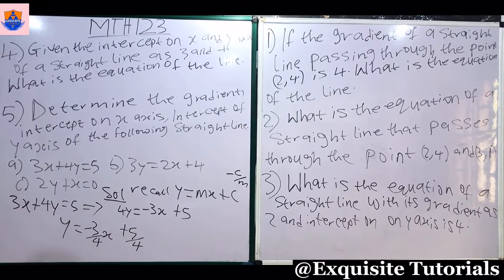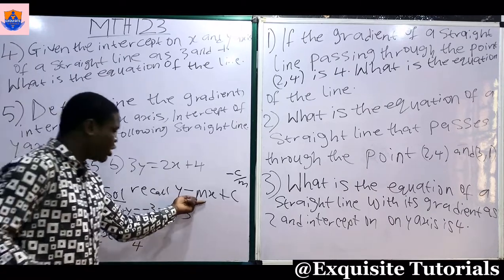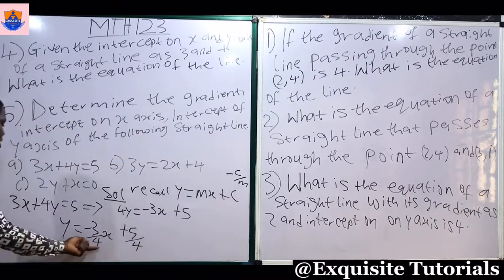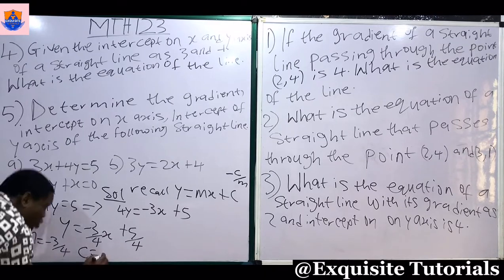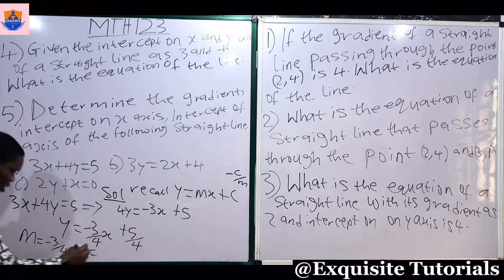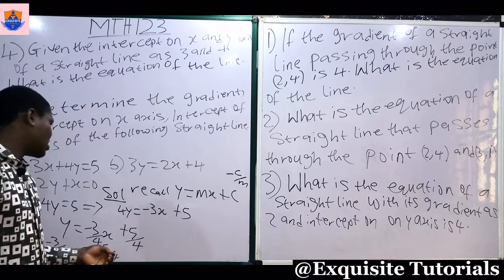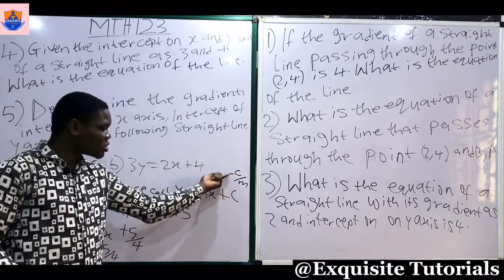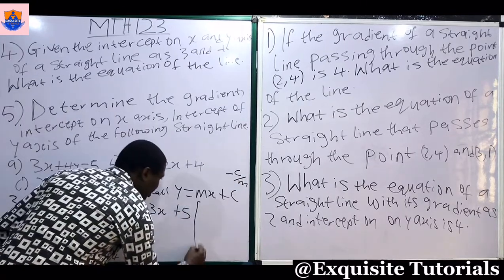Now if I compare this equation with y equals mx plus c, y is standing alone and the gradient m is multiplying x. So we can say the gradient of this first line is minus 3 over 4. And the intercept on the y-axis, which is c, is this constant here, plus 5 over 4. Now what will be the intercept on our x-axis? The intercept on the x-axis is minus the intercept on the y-axis divided by the gradient. So the intercept on the x-axis